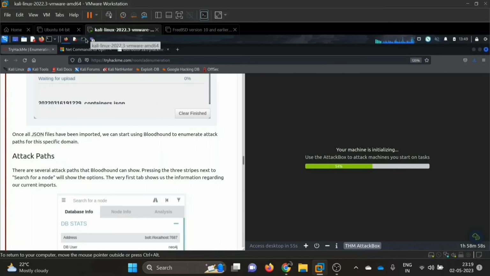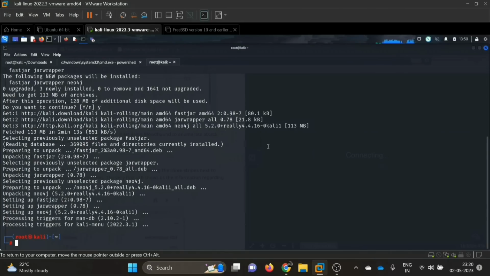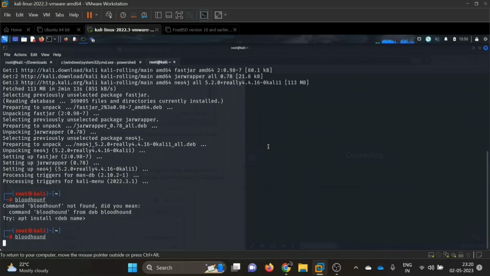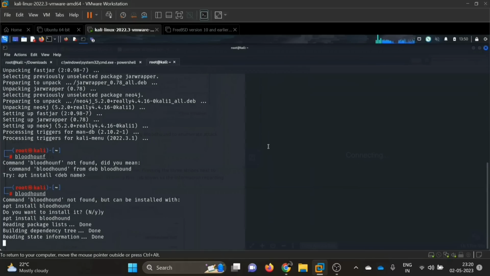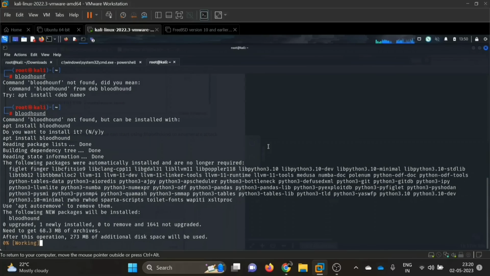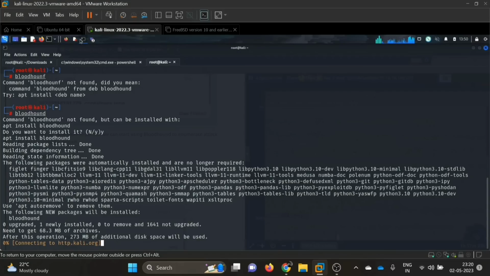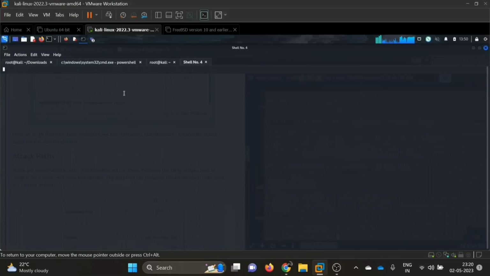So let's wait. Okay, Neo4j is done. Time for Bloodhound. Okay, it is a small file, so attack box is also loaded. So now I have installed Neo4j and am also installing Bloodhound. So let's wait and we will do this on our own Kali. So till then we can